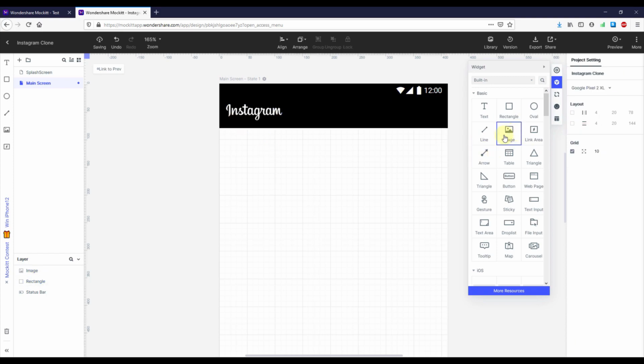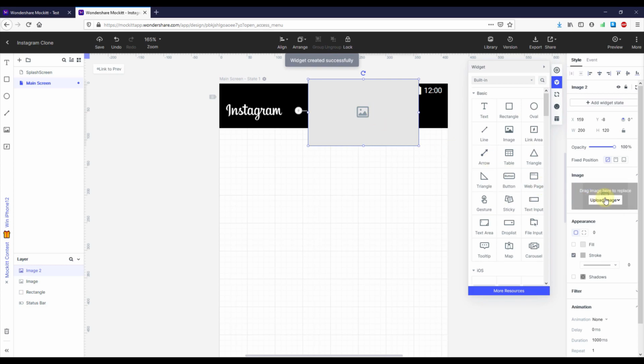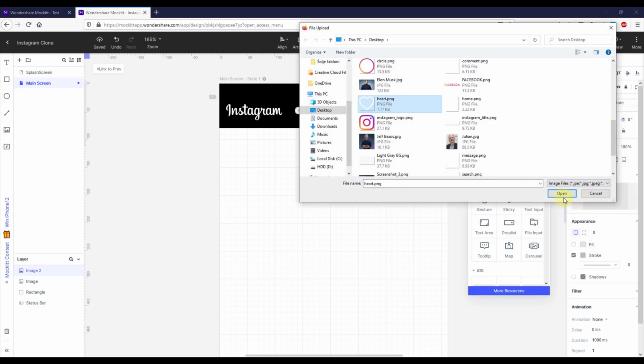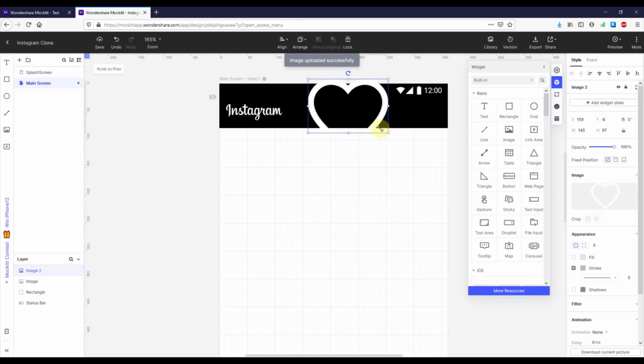Okay, next I'm going to add 2 more icons here, but I'm not going to choose those already prepared icons from our Mockitt resources. I'm going to choose my own icons which I have prepared by myself. So let me add a new image component. Let me select a new image here. Okay, so this one. So this is a heart icon, and I'm going to reduce its width and height a little bit. Okay, so let me just move that right there,